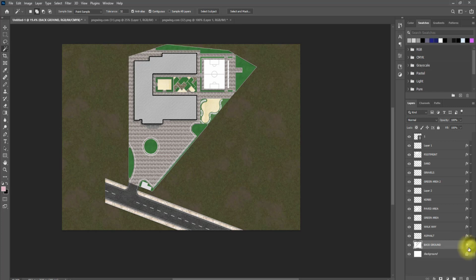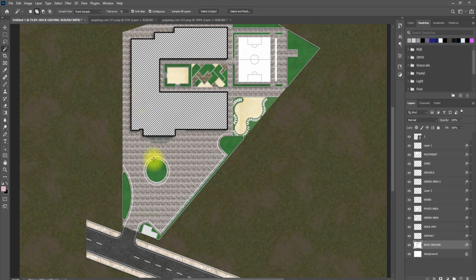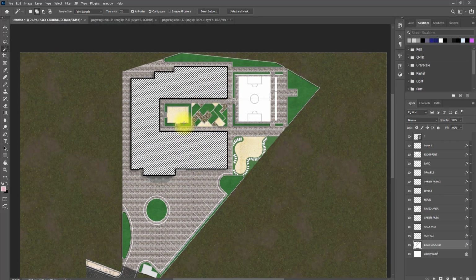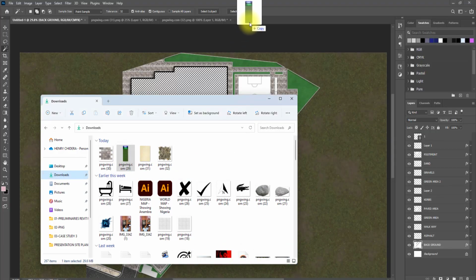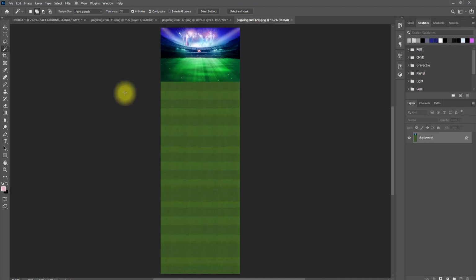So now, as you can see, we have actually put the footprint you want to put. And last but not least, we are going to work on this football pitch, and we're actually going to give it a pattern. So I actually downloaded a football pitch PNG file. As you can see, it came with a Champions League or whatever signage here,